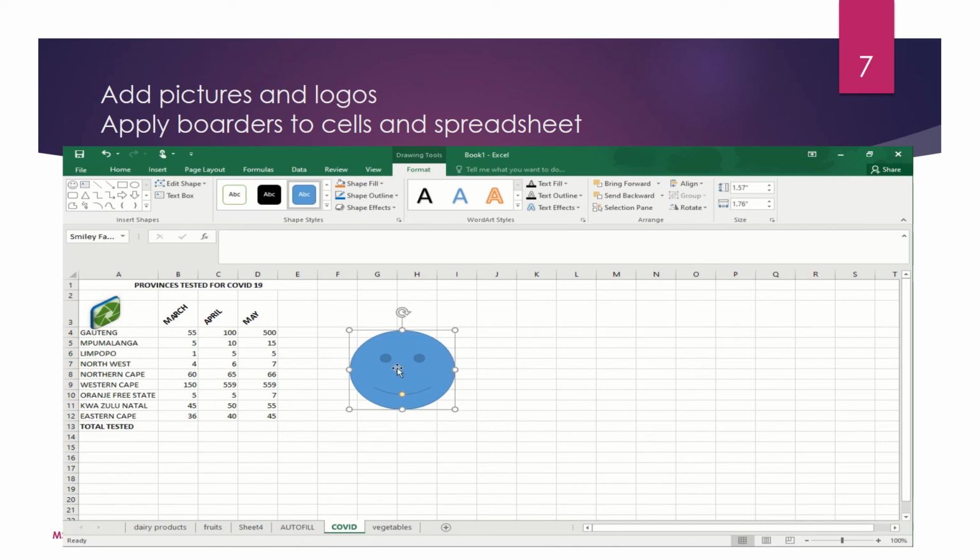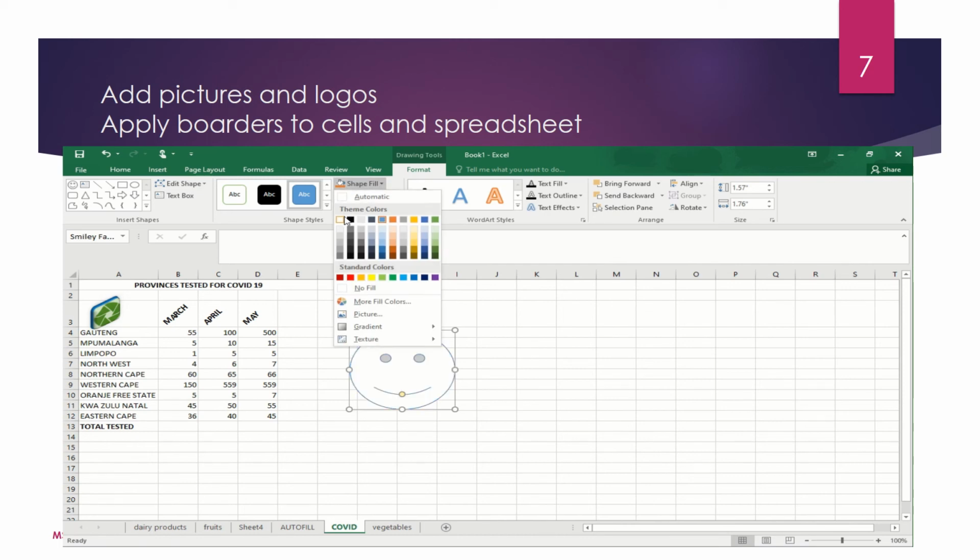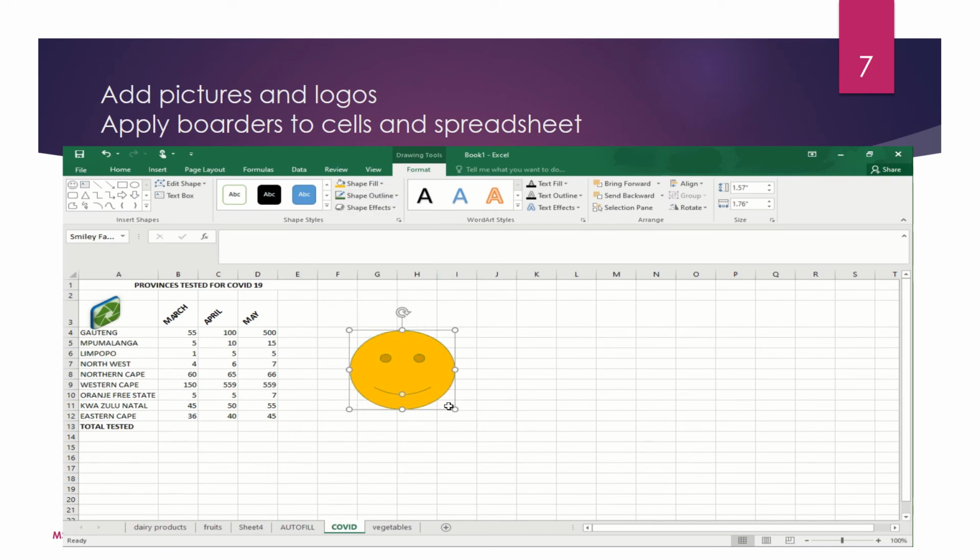And once you do have the shape, you will notice that you also have drawing tools activated. So whatever you want to happen to the shape, just like on the picture, whether you want to change the fill, or you want to change the outline, maybe to be green or purple,